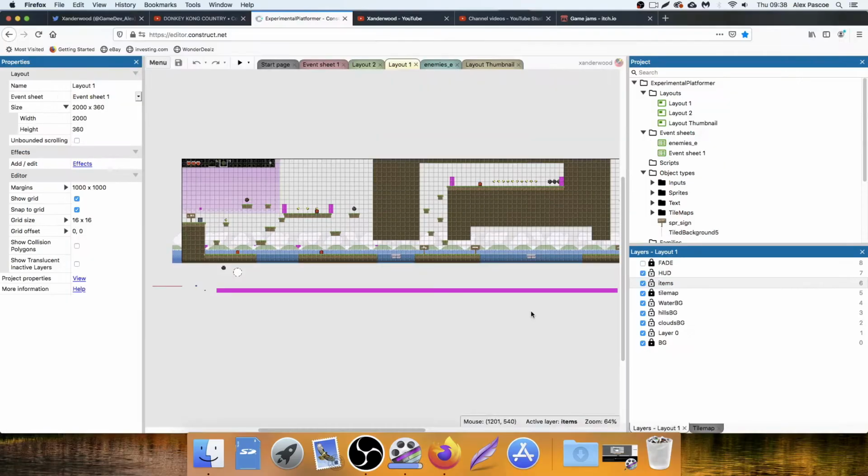Let's get started. Hello, welcome back. We are almost finished with level 1. What we're going to do today is create some player animations. We're going to animate the player's walking cycle. We're going to do a wobble animation. So what I want to happen is if I push the play button,